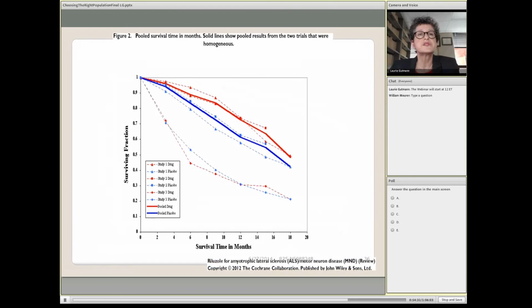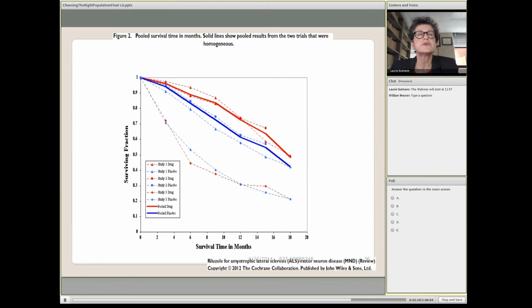This is another interesting example, and this comes from a Cochrane review looking at riluzole and its effect on ALS. Riluzole, for those of you who may not know, is the only FDA-approved drug for ALS. The original trial was in 1994, and that showed an outcome in survival only. Interestingly, the other outcome measures didn't really show much of a difference. But when you look at this population, there are 3 studies here, and when you look at this study, you can see that